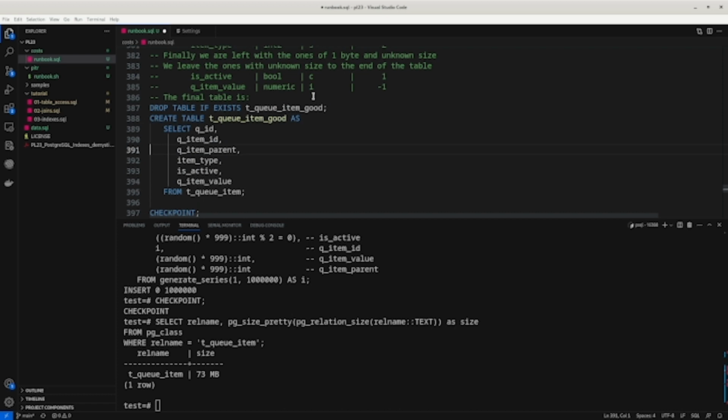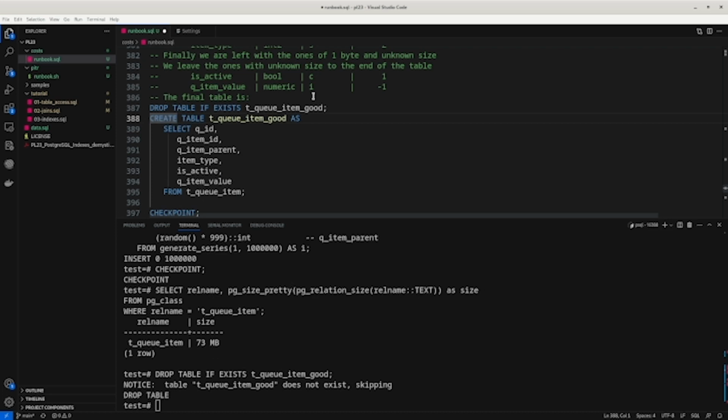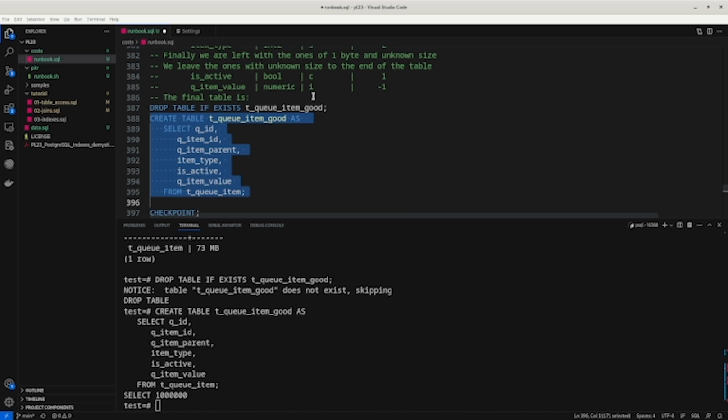Just a second. So, it doesn't exist. I'm gonna create it using a select because I don't want only to have the same columns. I want to have the same data. This is the very same table with the 1, 2, 3, 4, 5, 6 columns. The columns are all the same with the same names because it's the same data type. It's a select from the original one. The only thing that I changed is the order of the columns inside of the table, right? I'm gonna run it here. 1 million rows, as we saw.